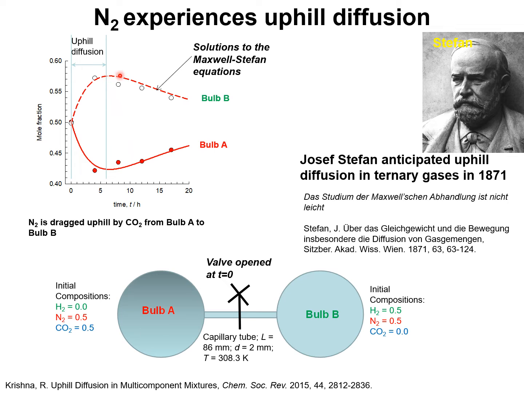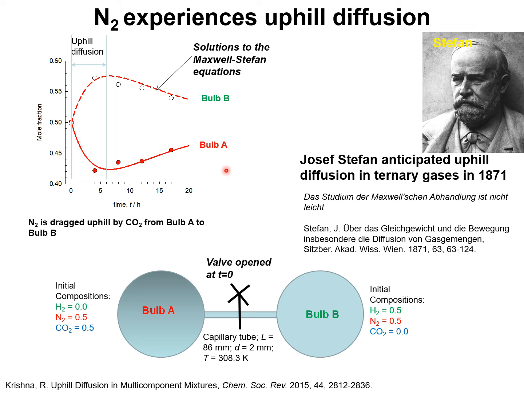And beyond that point, normal behavior manifests, and the two compositions in bulb A and bulb B approach one another to finally reach equilibrium